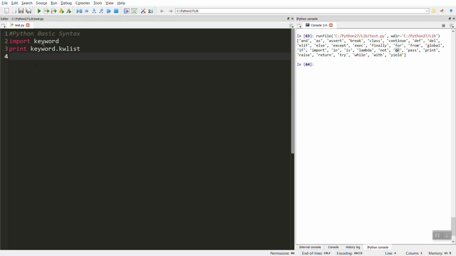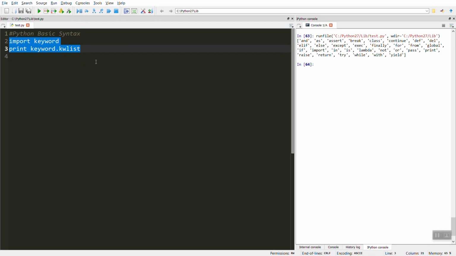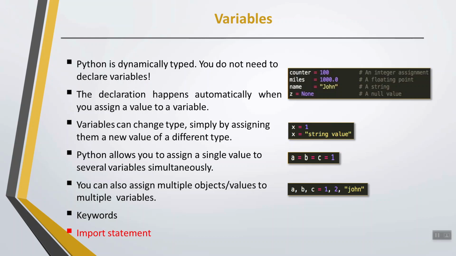We imported this module, and by using its name we call a function. This function returns us a list of keywords, which we have printed here. So we use a print statement to print all those keywords on the screen. This is how we use the import keyword to import libraries in Python.